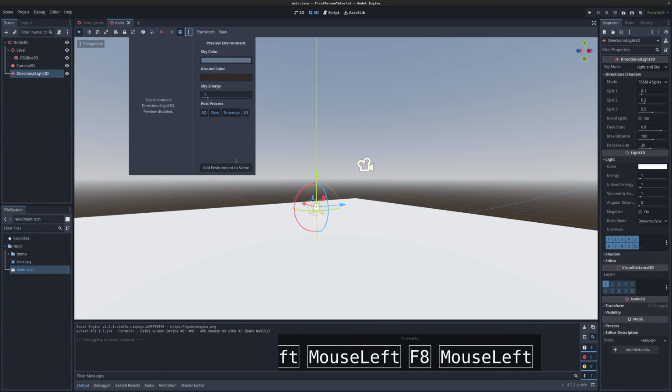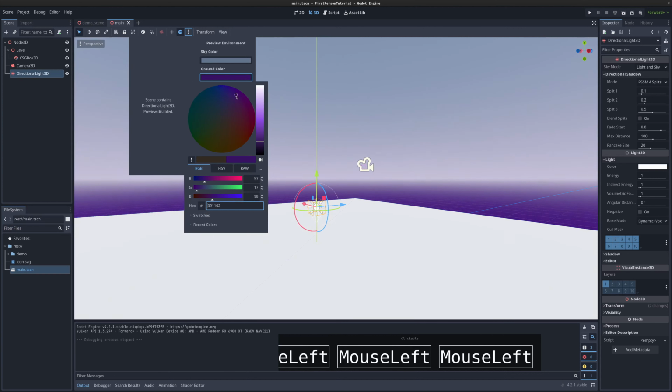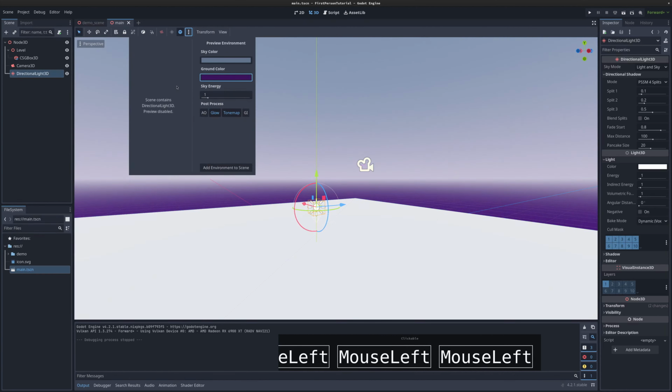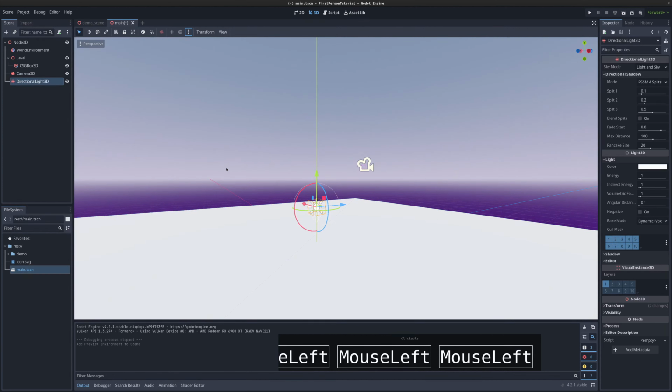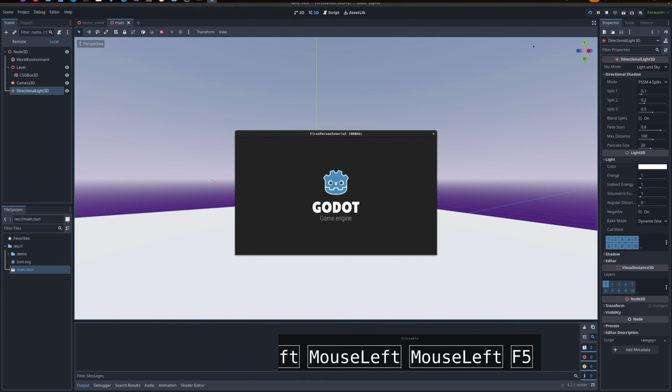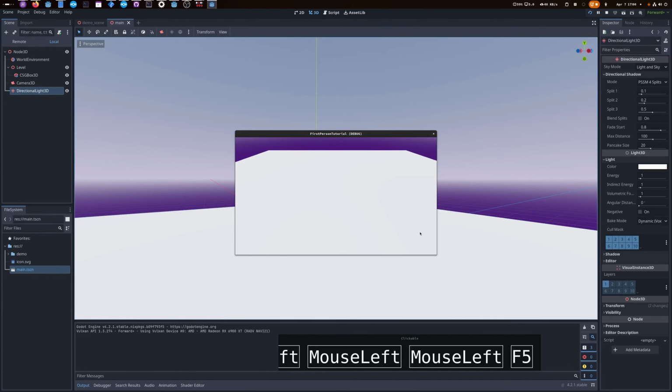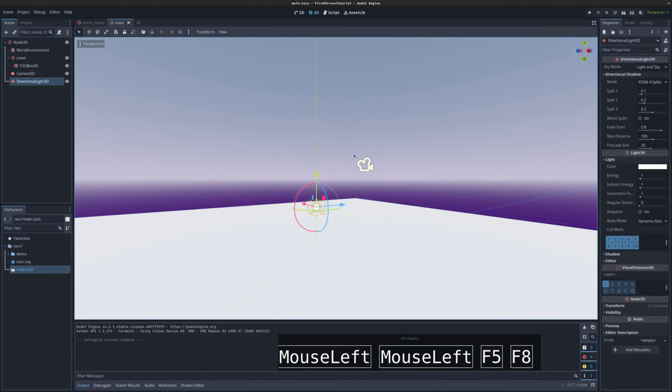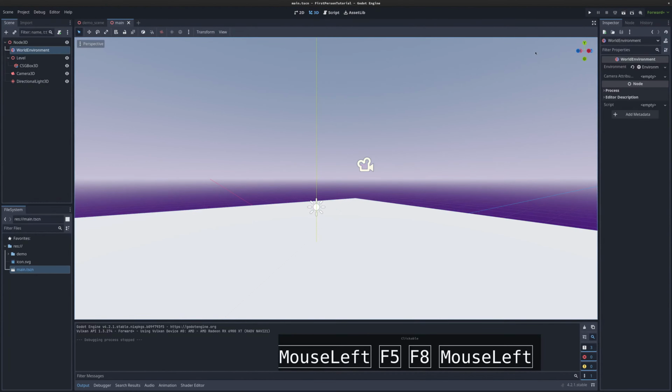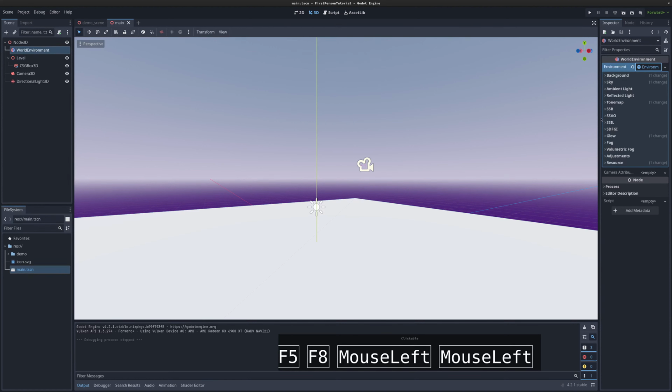You can just click on these three dots, and you can mess with some very basic settings here if you want. I'll make a purple ground. That's nice. And then I'll add the environment to the scene. Now when I run it, it should look pretty much exactly like the viewport. It's worth noting that the world environment has a boatload of other fun settings to play with, including fog,